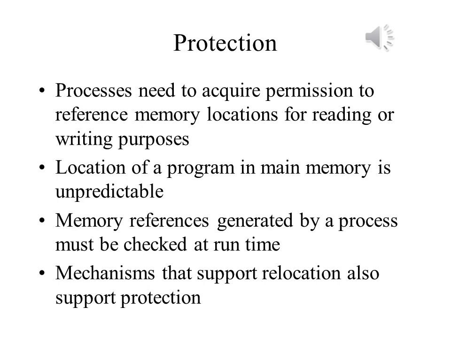In one sense, satisfaction of the relocation requirement increases the difficulty of satisfying the protection requirement. Because the location of a program in main memory is unpredictable, it is impossible to check absolute addresses at compile time to assure protection. Furthermore,